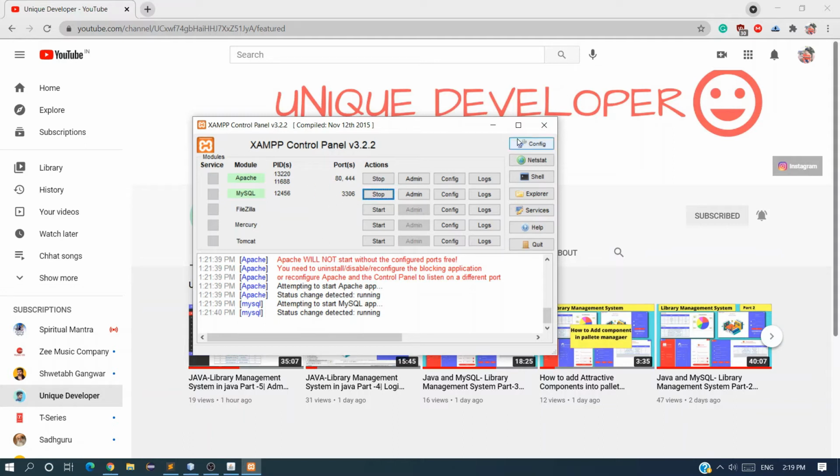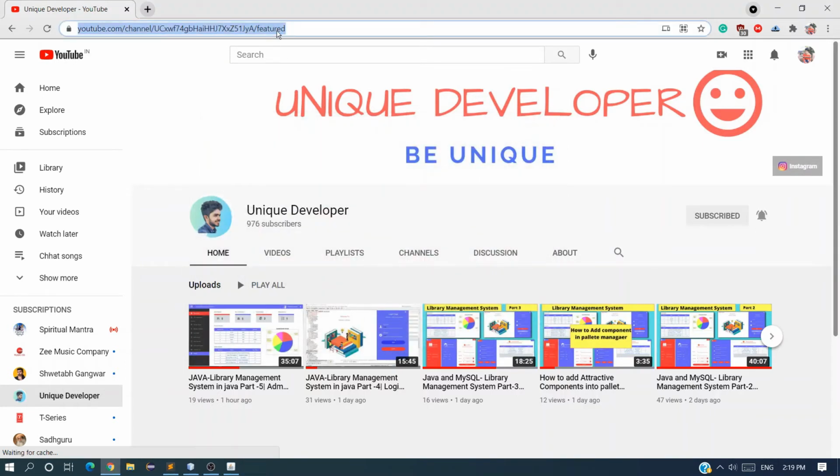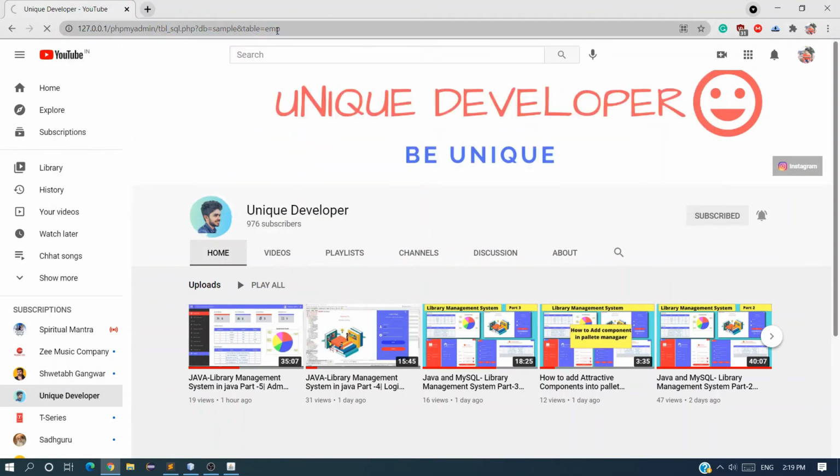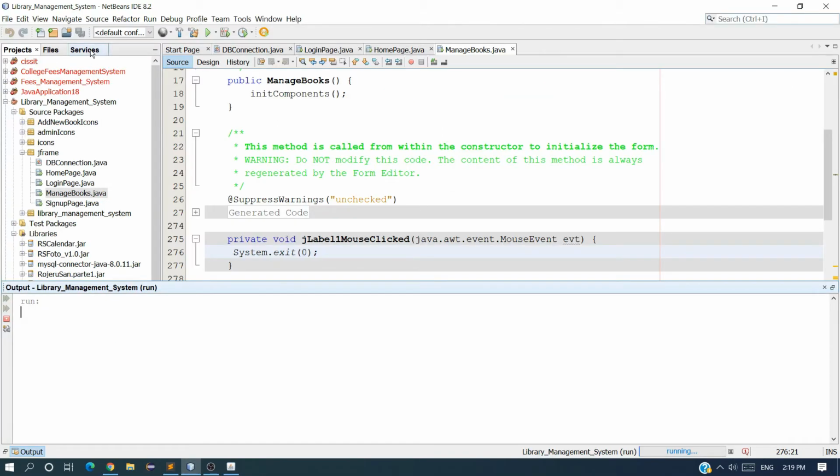So start the MySQL server, whichever client you are using, and I want to go to my phpMyAdmin. If you are using any Oracle database, start your Oracle database and create the table, which is books, which I am going to create now. Or if you are using JavaDB, the query will be the same, I think. Or in JavaDB you can simply create a table by right clicking.